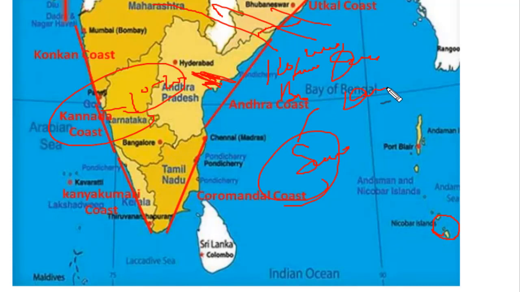biggest delta of the world, which is there in Sundarban, in the Eastern Ghat. It lies in the Eastern Ghat itself. And these Ghats, the Eastern Ghat and Western Ghats, are very important in terms of biodiversity, because a huge variety of biodiversity lives in these areas, both in the Western Ghats as well as in the Eastern Ghat.